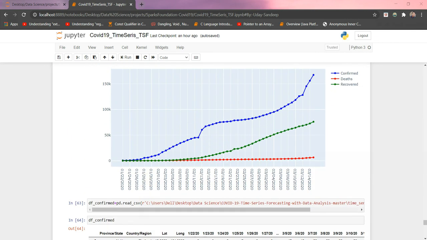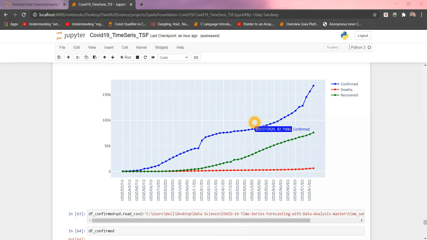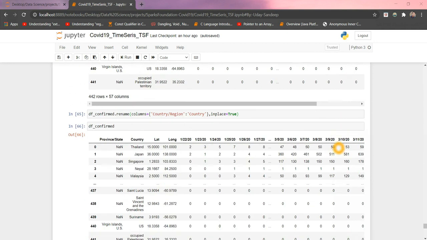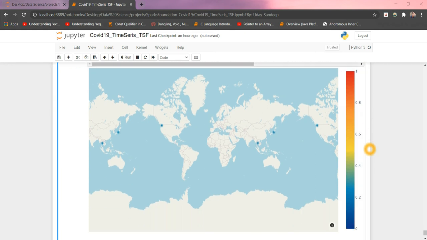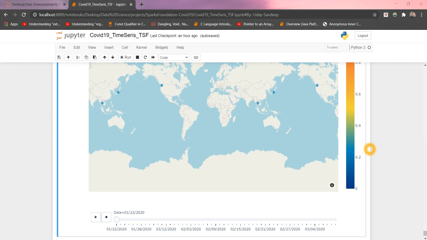And here this is a Plotly graph that represents how the recovered cases, deaths and confirmed cases change, where the blue line represents confirmed cases, the green line represents recovered cases and the red line represents deaths on different dates. And here is the following code for how the cases are rising across the world for a particular date,